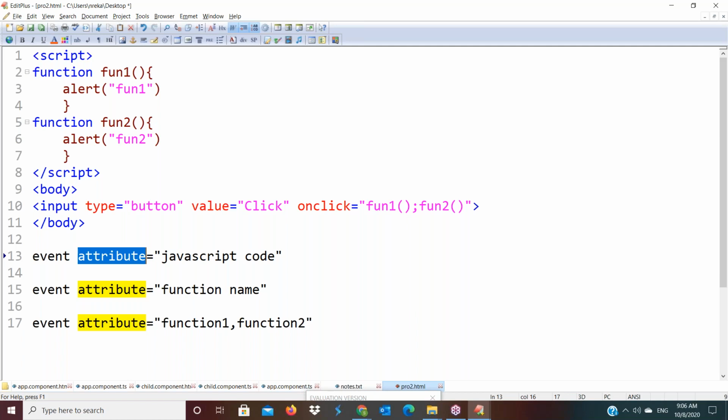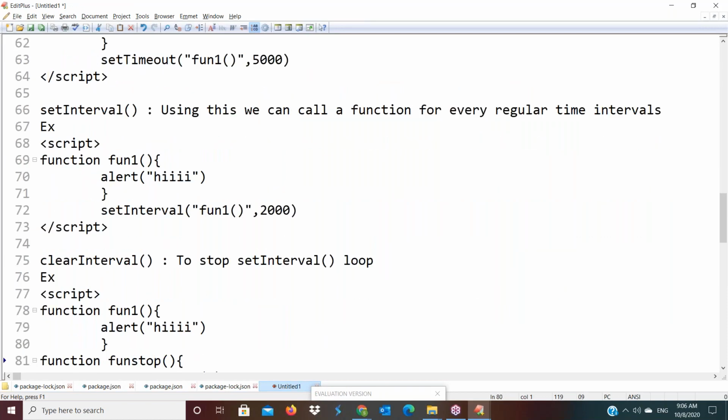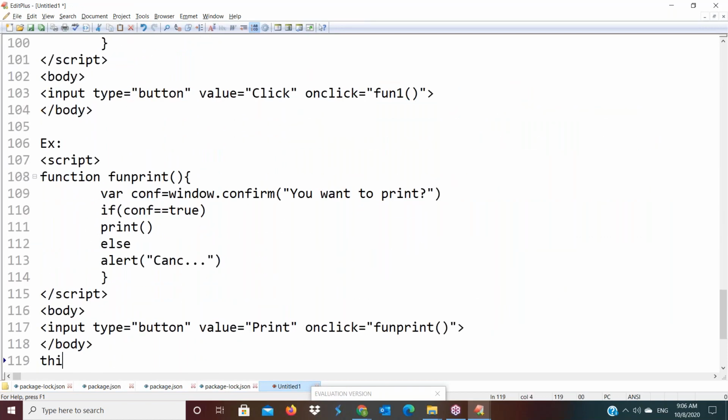So we discussed event attributes as well as window object methods. Next, we need to discuss document object methods. Those we will discuss later. Before that, I am going to explain one concept here, one keyword we are using, one object. That is nothing but this. Actually, this is one keyword. Using this keyword, we can refer to the current